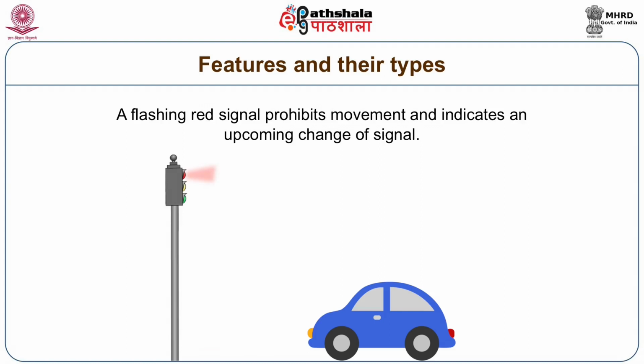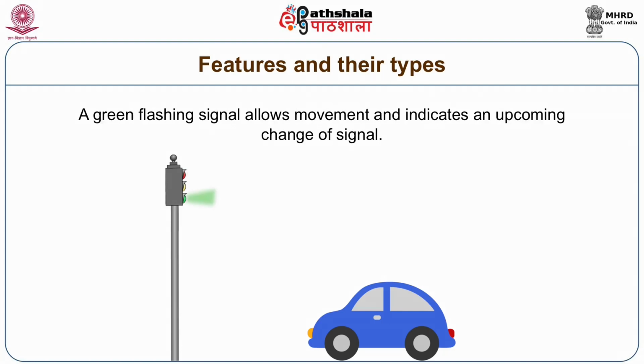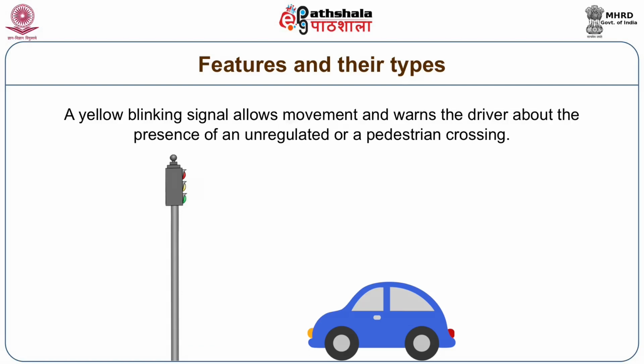A flashing red signal prohibits movement and indicates an upcoming change of signal. A green flashing signal allows movement and indicates an upcoming change of signal. A yellow blinking signal allows movement and warns the driver about the presence of an unregulated or pedestrian crossing. And the order of signals is red, yellow, and green. Now these signals all carry meanings, so that a responsible driver will